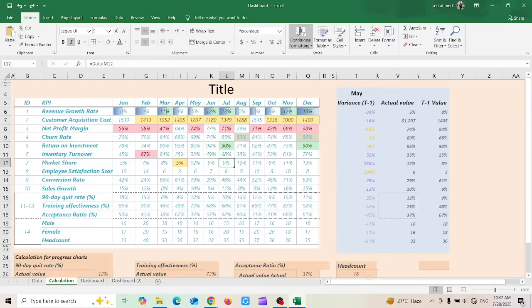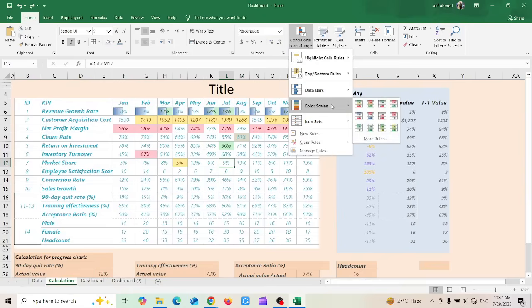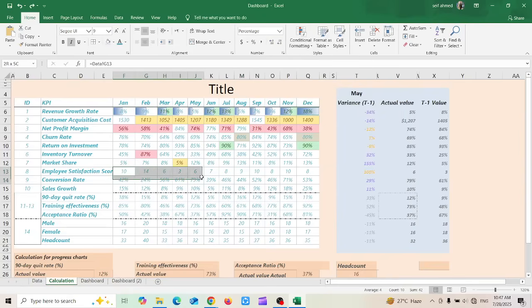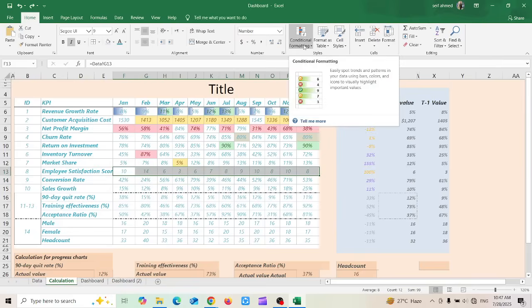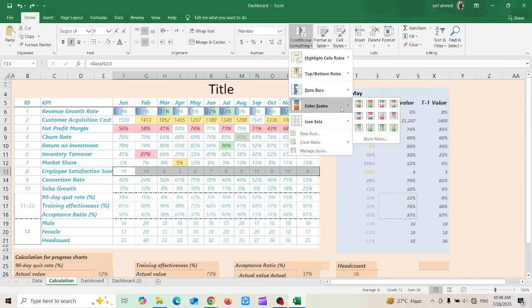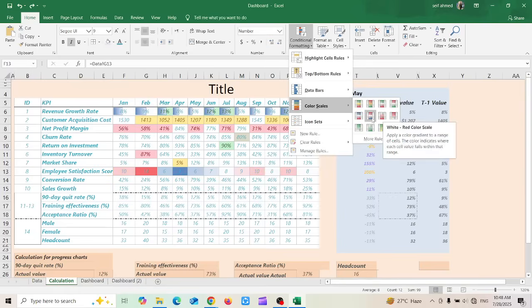Now we have another type of conditional formatting, which is called color scales, and it arranges all the results, not only the selected results by the conditional formatting, and gives them a color based on their value. So if I chose color scales and I chose one of these color scales, for example, you can see the legend of this color scaling. So it gives green to the lowest and yellow to the middle, then red to the highest,